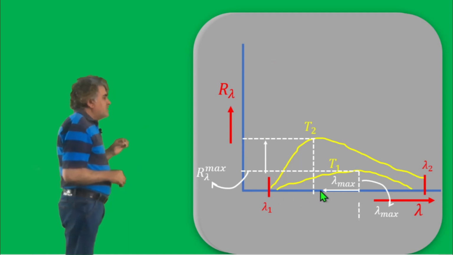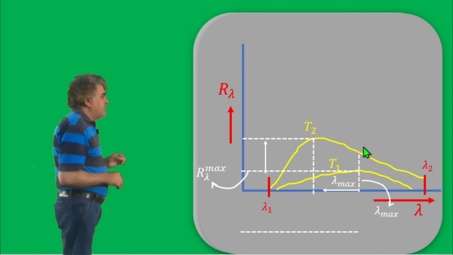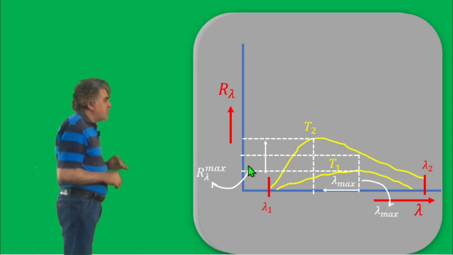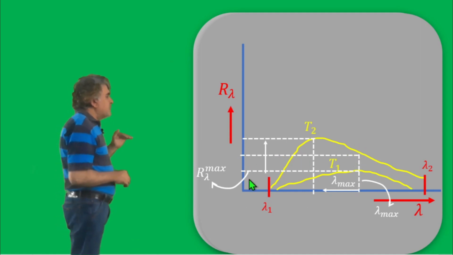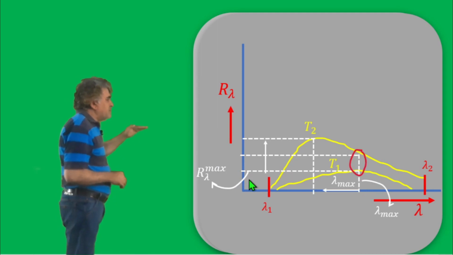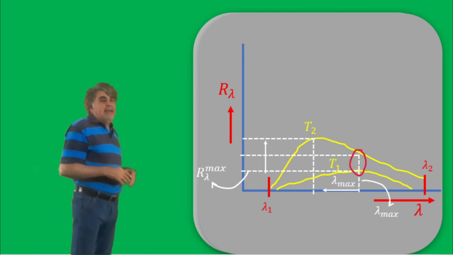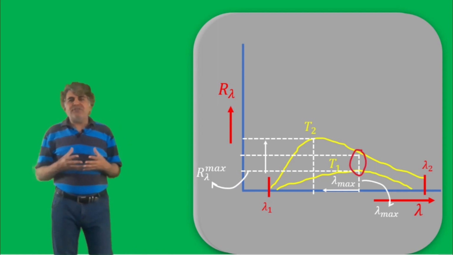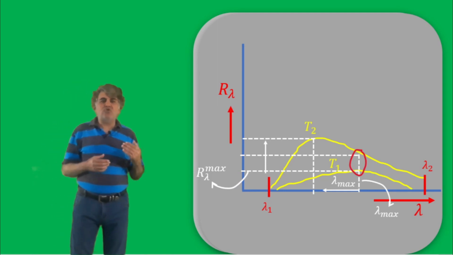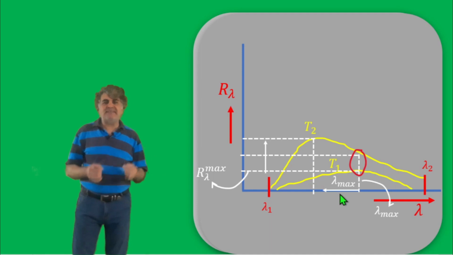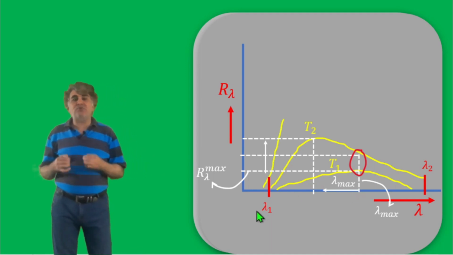Note also that the emissive power corresponding to the wavelength at which the maximum at temperature T1 occurred has also shifted to the region of larger emissive power. In short, at higher temperature, the emissive power corresponding to every wavelength has increased as compared to the case of